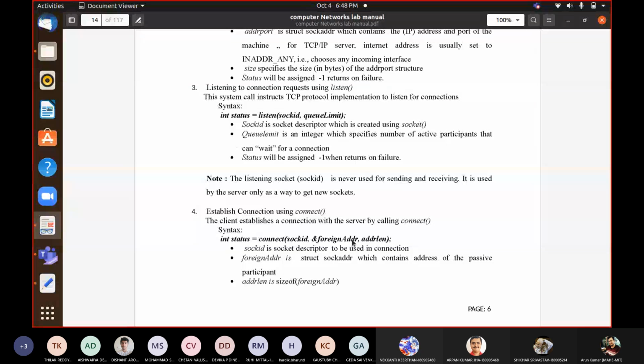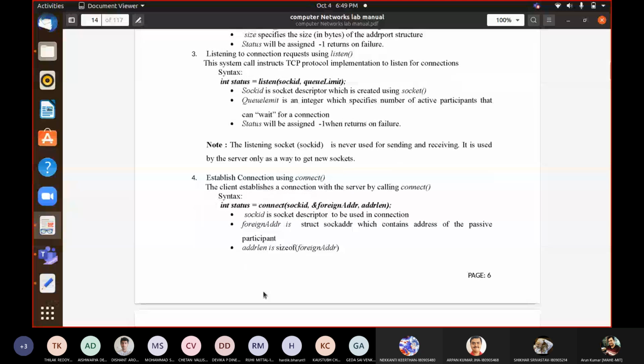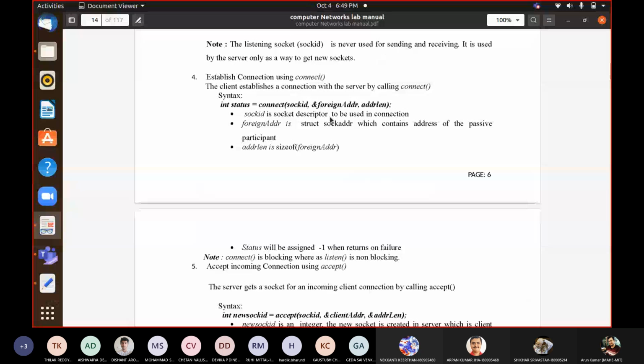And the foreign address is a structure which contains the family type, AF_INET, which we will write first, then the port number, and the third thing, the IP address. Wherever you have written that foreign address in memory at the client side, as the third argument comes the size of that foreign address.